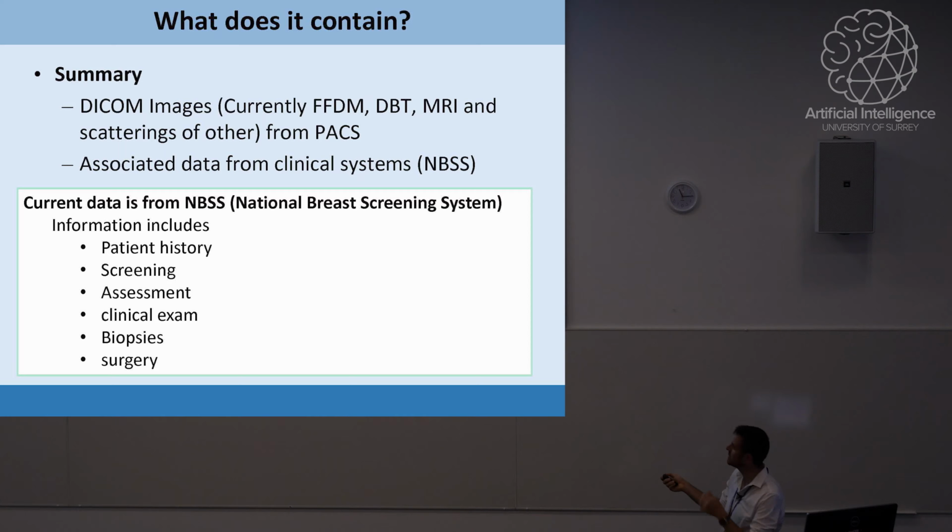So you get your full patient history, their screening, if they've returned to assessment. I suppose it's worth saying, people will attend screening, they'll have some images done. Those are read by a reader. If they find something suspicious, they don't know if it's a cancer yet, they just think it might be, then the woman is recalled for assessment, and so further imaging then takes place. That's maybe a few weeks later, and then those images are assessed, and if a biopsy is taken as well,